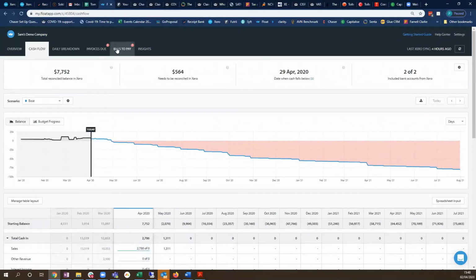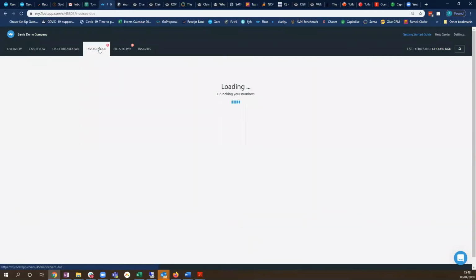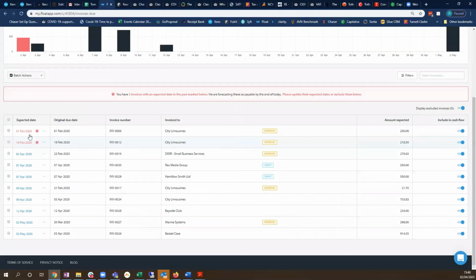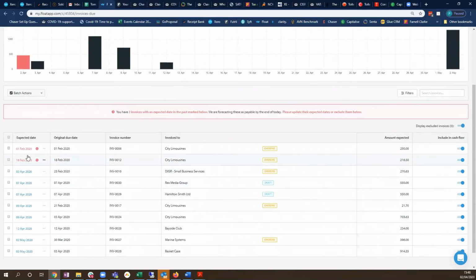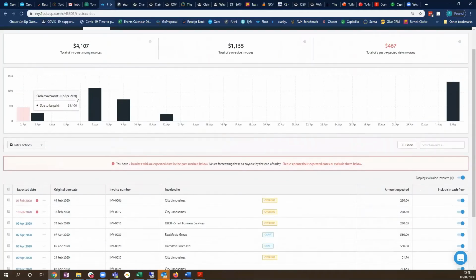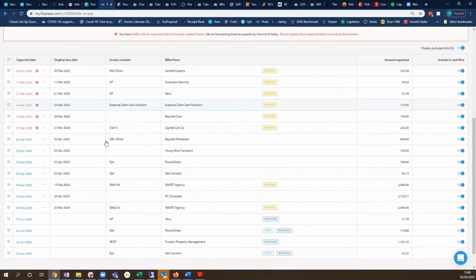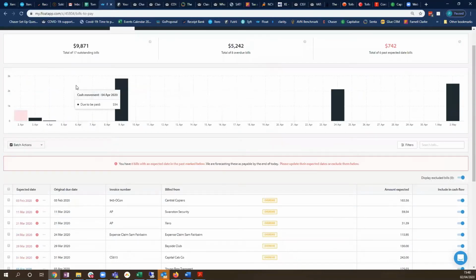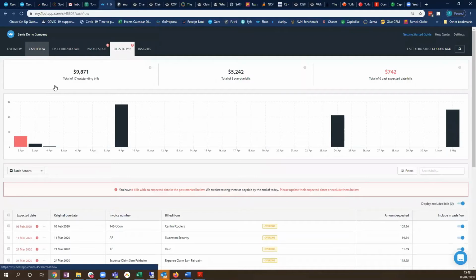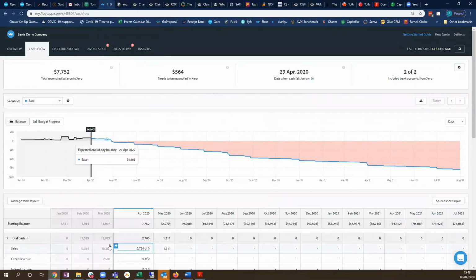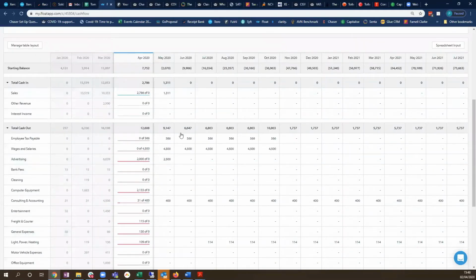Usually the first stop though is to trim down what's actually in Xero, such as your invoices that you've sent out. We can go down here and just change the expected payment dates. That's how this program works. It's all about the expected dates. That puts it forward in the cash flow. Similarly, with bills you're actually going to have to pay, you could just go in there and say, well, actually, this lot I'll be paying next week, and that's pushed it forward in your cash flow already. So it's a combination of stuff that's already in Xero and then items that we put in here.